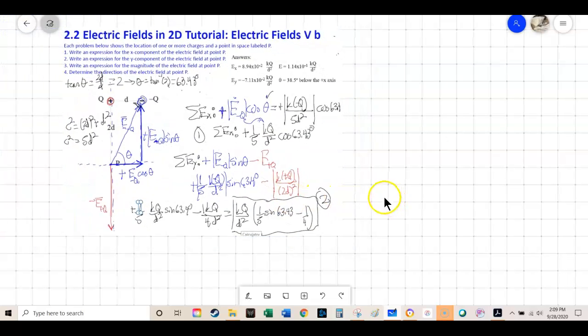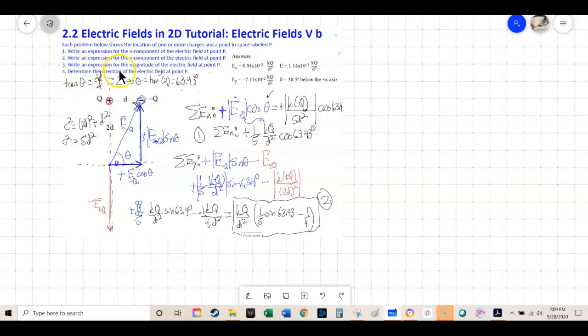So we're continuing on with this. We have to do part 3, and this is write an expression for the overall magnitude of the electric field at point P. So basically we have to do the net electric field, which is going to be the red arrow down and this arrow. Well, to get the net,